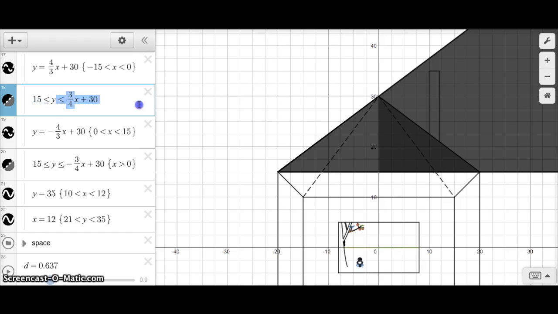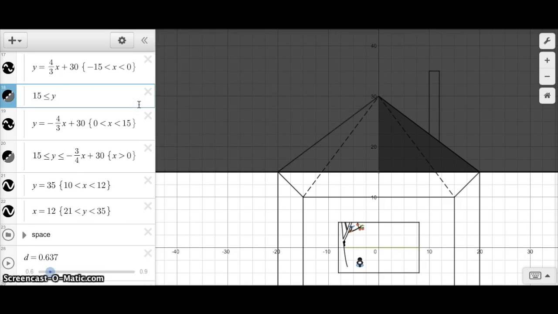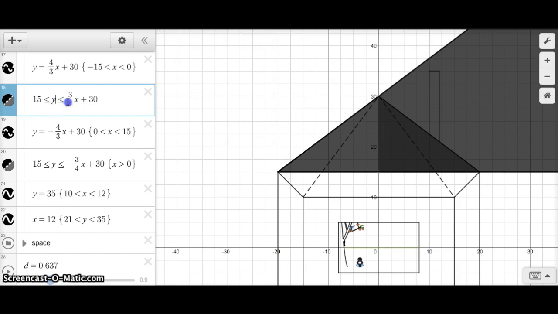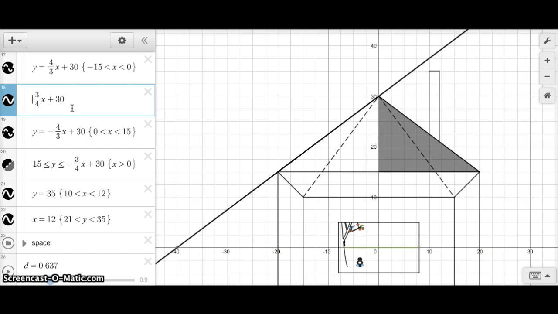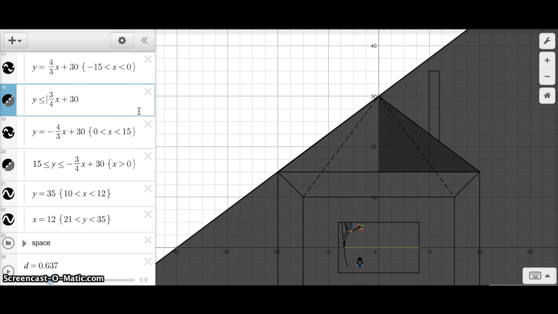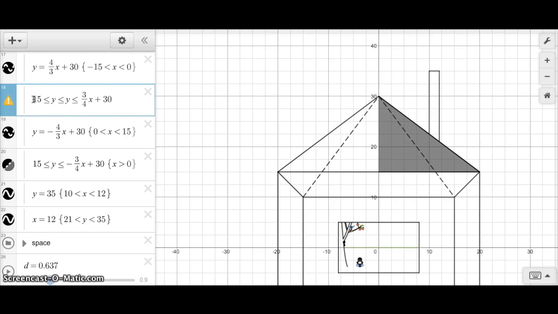So to understand what that is, just get rid of that. So y is greater than or equal to 15 is everything shaded above y is equal to 15. And let's get rid of this part for now to see that y is less than or equal to 3/4 x plus 30 is beneath here. Okay, so combining them,